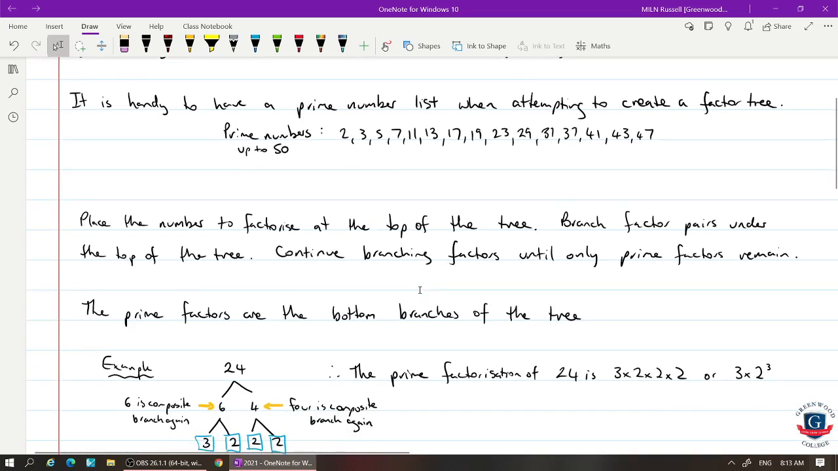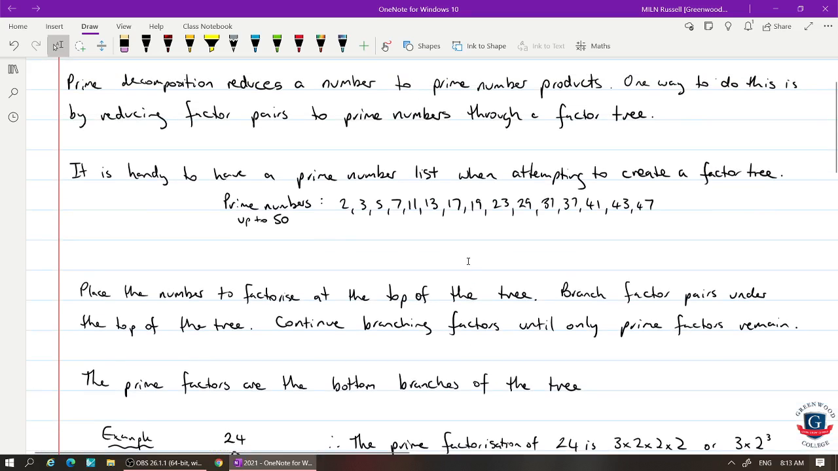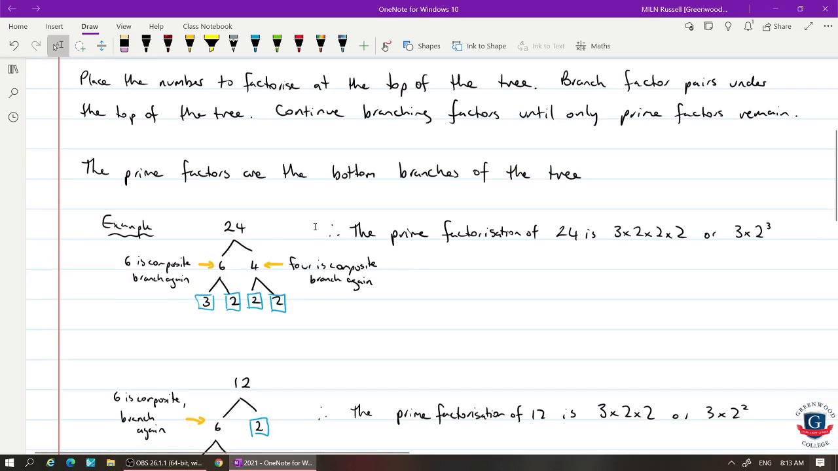Now to do some prime decomposition, we need to put the number to factorize at the top of a tree. We need to branch the factors under the tree into primes, into composite numbers until we're left with only primes. So here's how we do it. We start with the number that we're looking for, so we're wanting the prime products of 24,